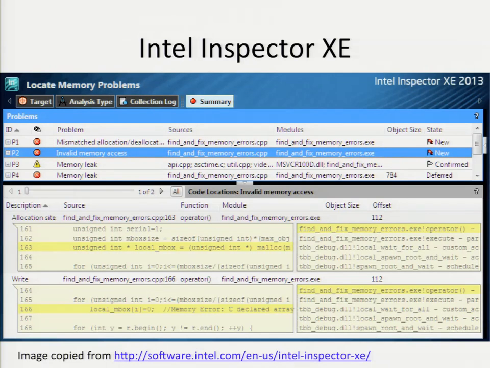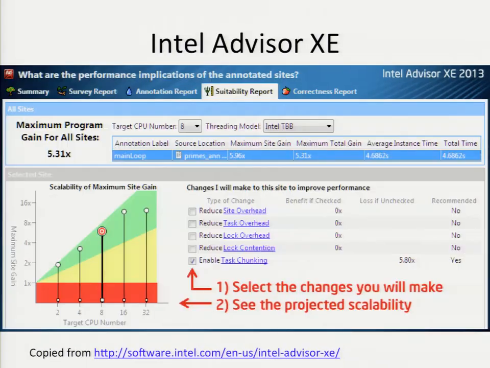As well as something which is very close to Reveal, which they call Intel Advisor. We haven't tried it. As Themis said, we are going to invest some time learning these tools as well. You can have something similar where you can not only identify a problem, but it can suggest what you should do in terms of parallelizing and optimizing your code. So with that,